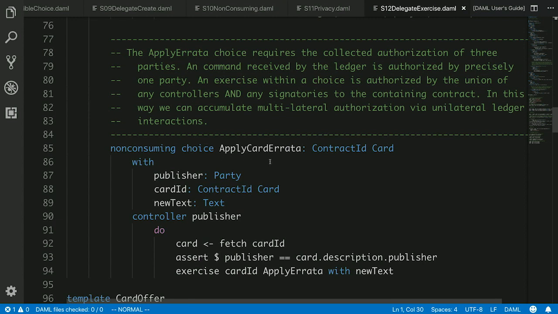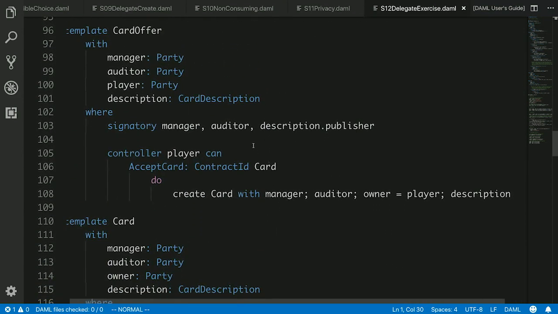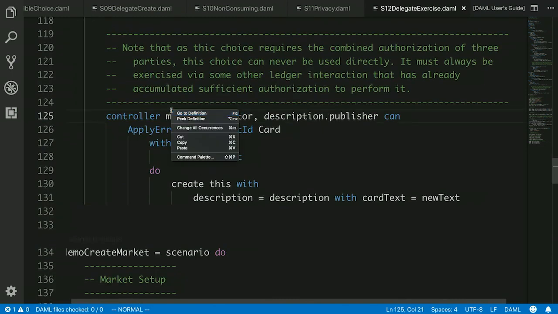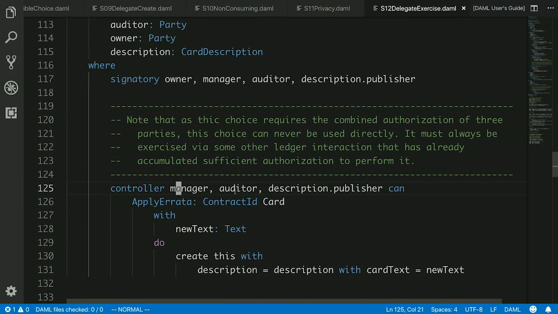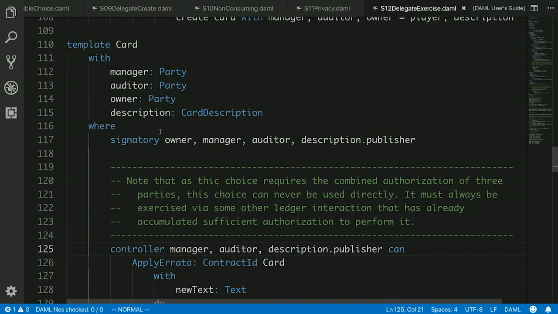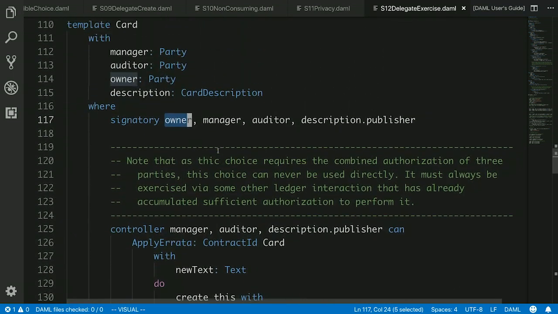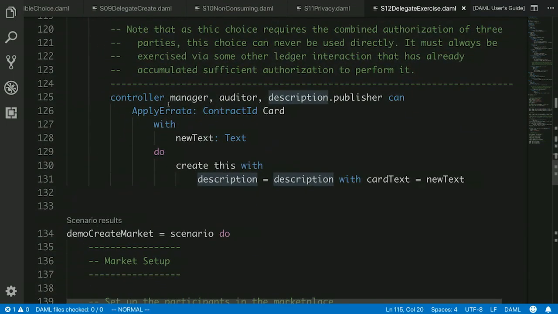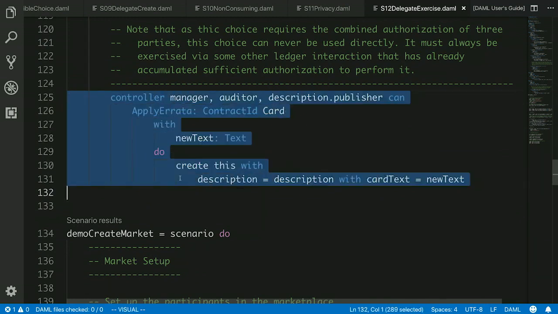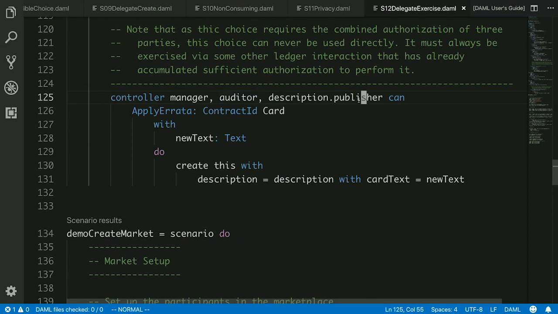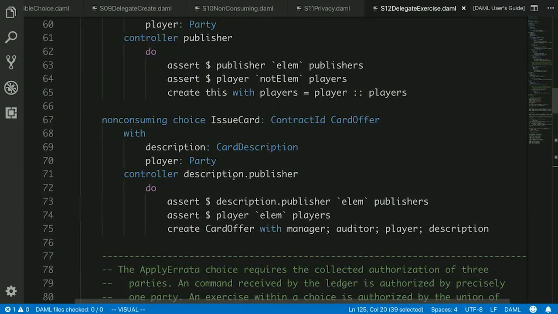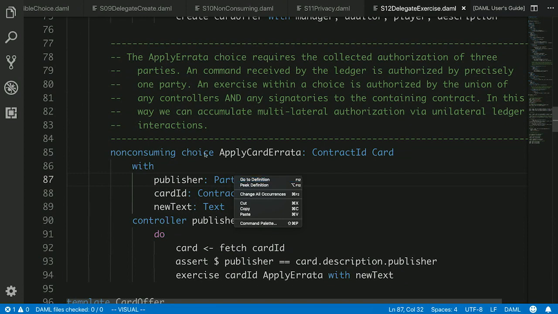This means that at the point where we have a choice that will consume this contract and create a new version of the card contract, these signatories, which include the owner of the card, the player who owns the card, by being signatories to this contract, grant permission to the manager, the auditor, and the publisher to jointly apply errata, which means that we can control exactly how that errata can be applied via this delegation.